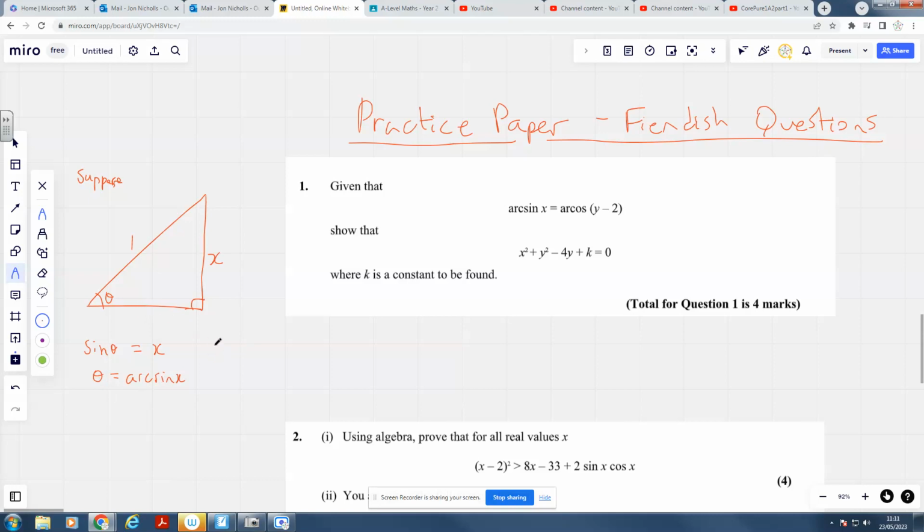And then for the arc cos of y minus 2, let's have cos theta is y minus 2 over 1, because then I'm going to have theta is arc cos of y minus 2. So I've artificially manufactured a situation where arc sine x equals arc cos of y minus 2. And if I look at this, we can see from the diagram,